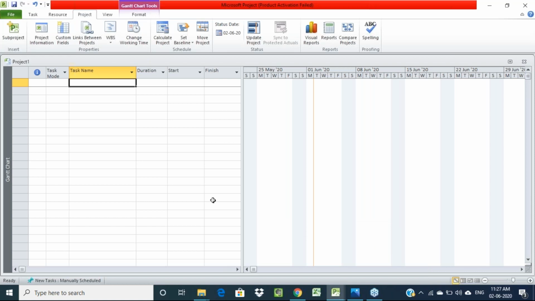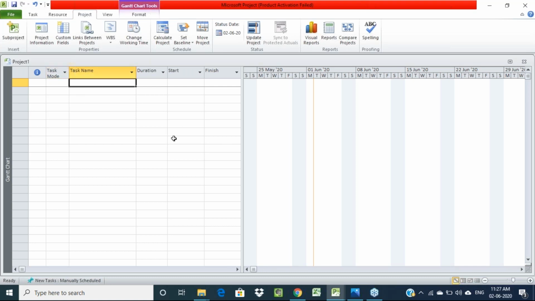Whatever work we are going to do, we need to do in this sheet. Here, it starts with the Excel-like sheet as well as the Gantt chart sheet. Both the sheets you can see on the display now. So here we are going to work. We are going to do all the construction activities, right from scheduling to tracking up to report generation, in this sheet.